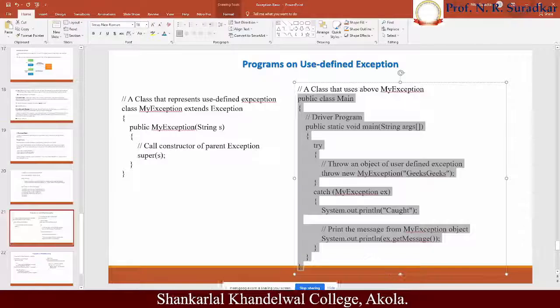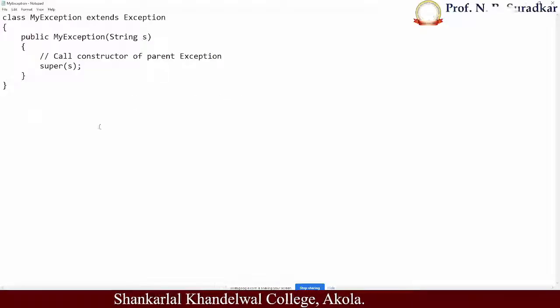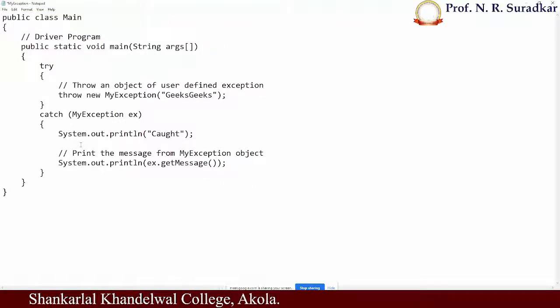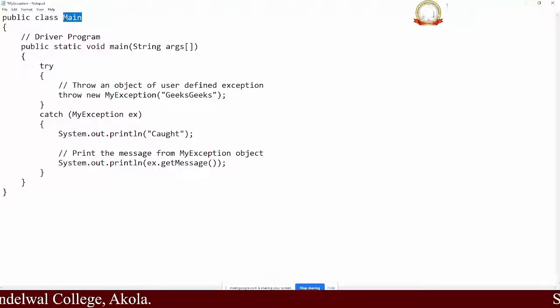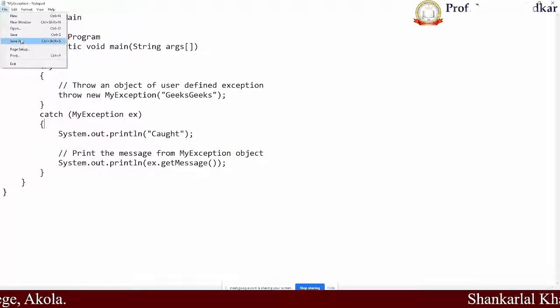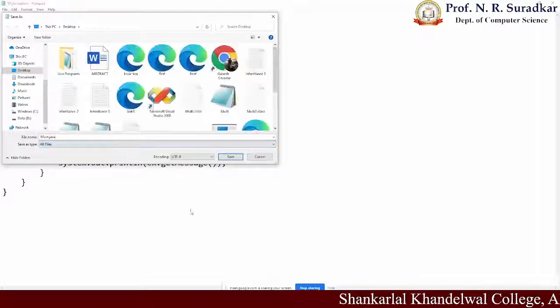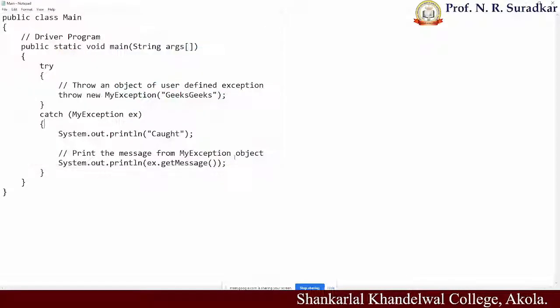Copy the program from here, Control C, go to the window, Control A, Control V. Okay, then the first class we save with the name MyException. The second class has the name Main. Again save file, save as Main.java, click on All Files and click on the Save button. Okay, this is how we have to save a program.